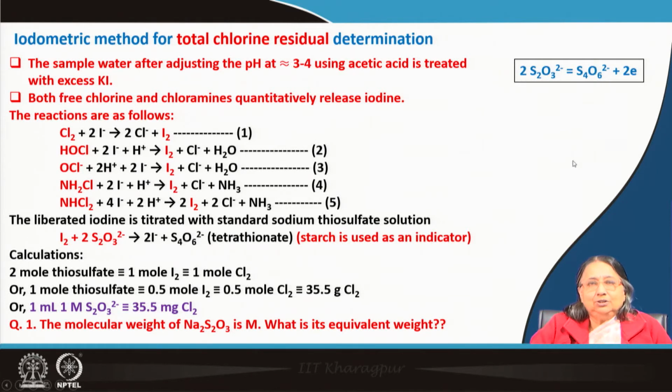Actually, I am giving the answer. Molecular weight and equivalent weight will be the same, because here 2 electrons are involved. Per 1 electron, whatever the amount is, that is the equivalent weight. So, per 2 electrons, 2 moles; so 1 electron, 1 mole. So, molecular weight and equivalent weight are the same. But when I give this in the lab viva, most of the students cannot answer properly. They write m by 2, somebody writes m by 4, like this 2m.